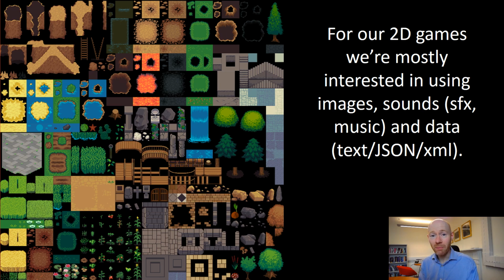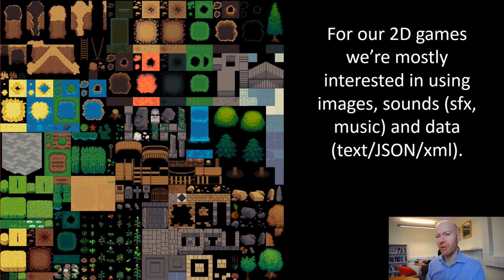So again, with all things in games, there's an awful lot to this, but we're just interested in doing a simple 2D game. So the things that we're mostly interested in are images. We'll load in bitmaps and we'll draw things from it. Sometimes we'll have one big bitmap containing several different images that we'll pick bits from, similar to the tile sheet you can see displayed on screen. Sound we'll use for sound effects and streaming music,